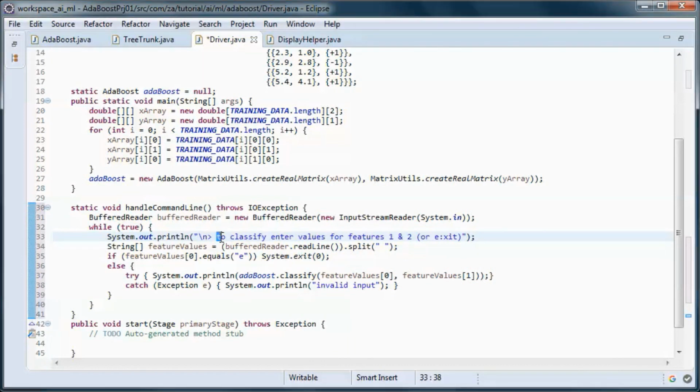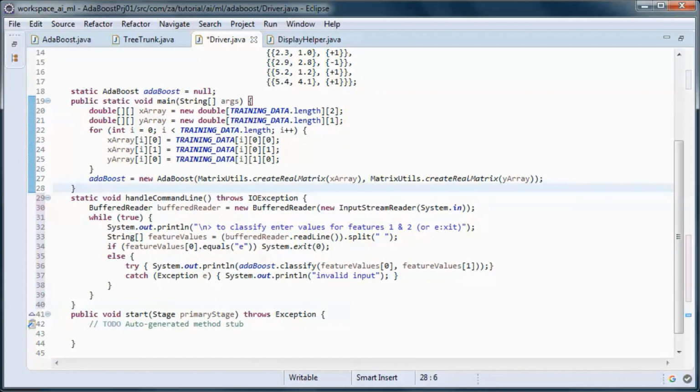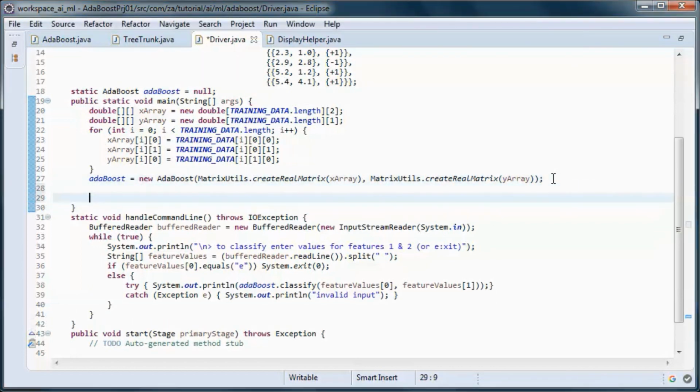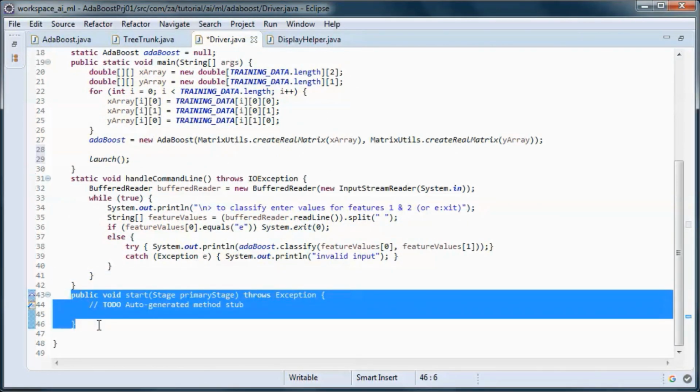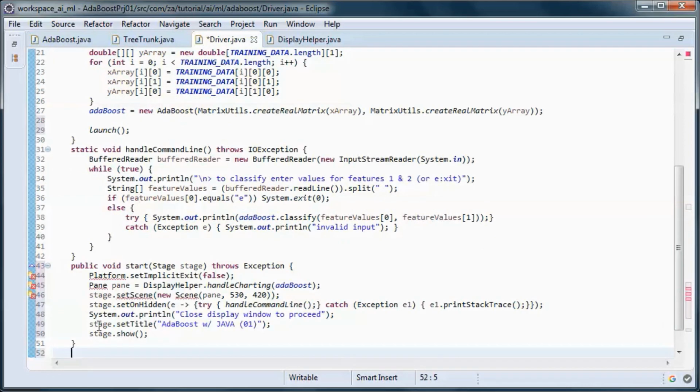So we are prompting the user to enter values for features 1 and 2 in order to classify a new data item. And when we call launch here, we end up triggering a call to this start method, which has JavaFX code.